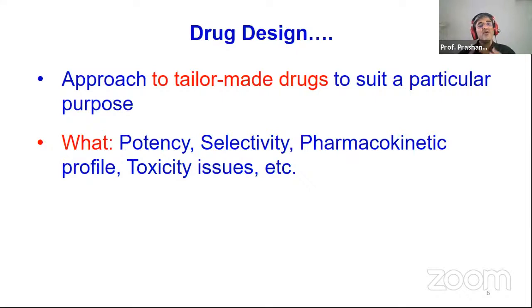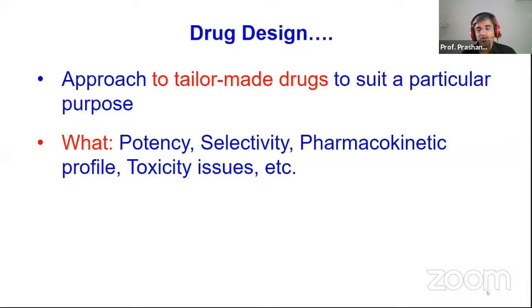So you want potent drugs. You also want to make the drugs more selective so that they don't interact with related targets, or for that matter off targets, so that the side effects are reduced. Because ultimately in clinical trials you're trying to show that the side effects are lesser, or the beneficial effects are more than the side effects, right? You always have to prove this, because every drug will have side effects, but unless you show that the drug has more beneficial effects than the side effects, you will not get the marketing authorization. So selectivity is another thing.